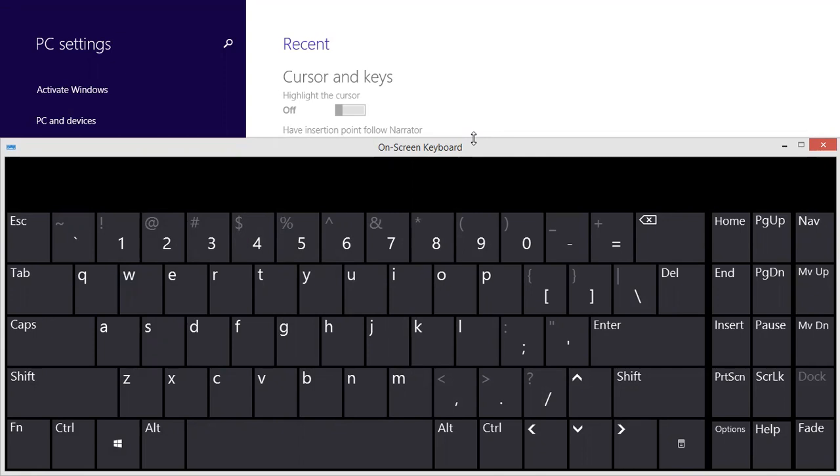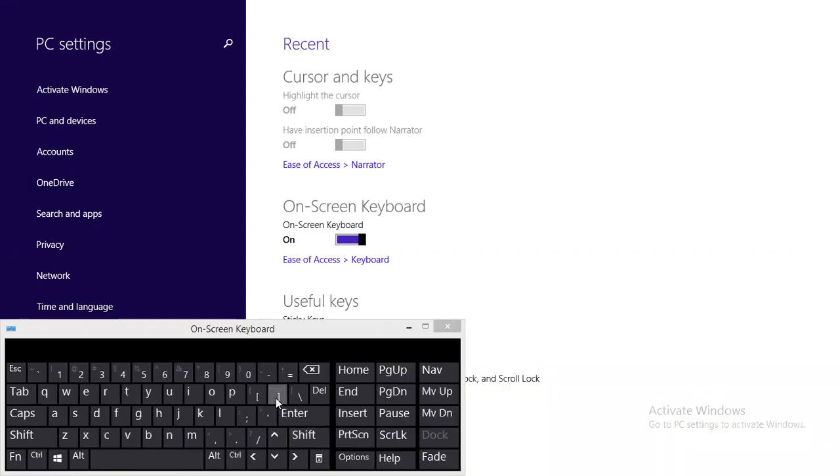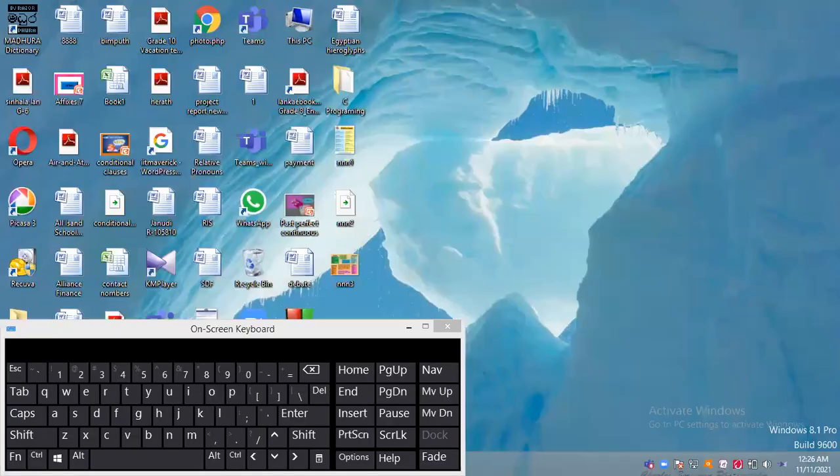I would like to reduce the size like this. And if you need to reduce the size of this side, then slowly go in here and you will see that arrow again. Then drag it to the left side. Yes, quite easy.